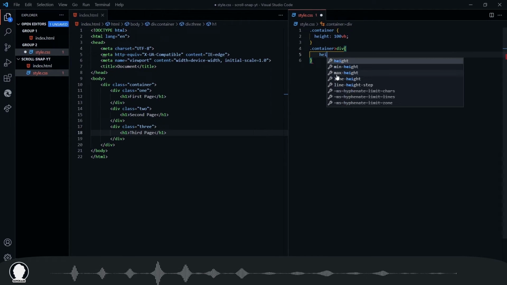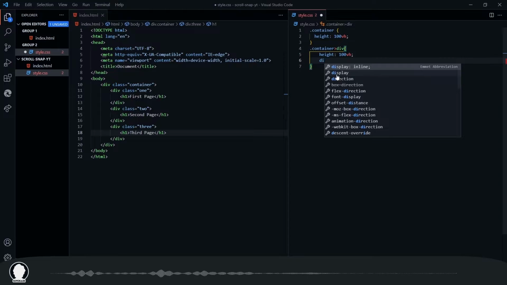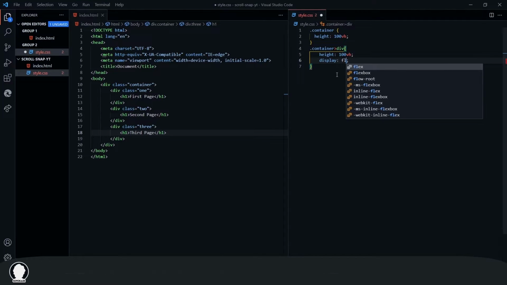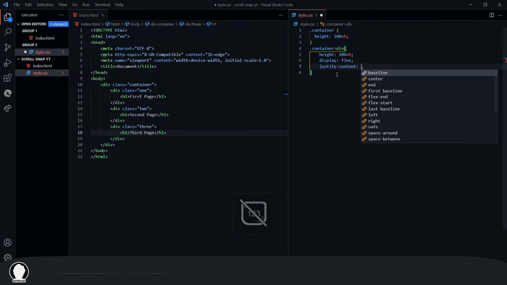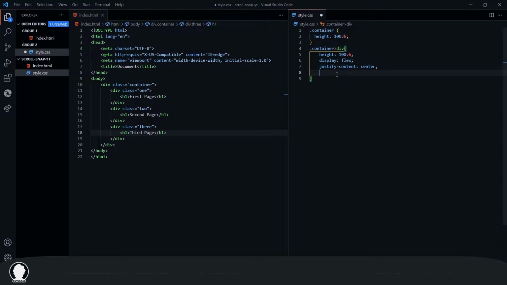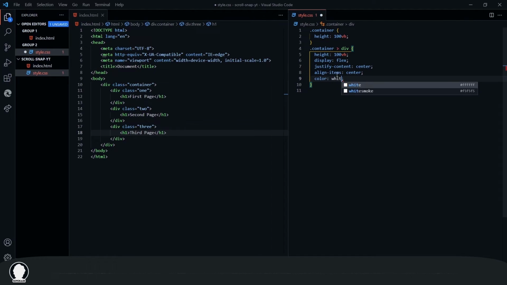So we'll do that 100vh, and we want display flex, why not, to center the H1 tags we have just written inside the children. So that is that. For alignment, we'll do the basic stuff: justify-content center, align-items center. We want the color to be white,